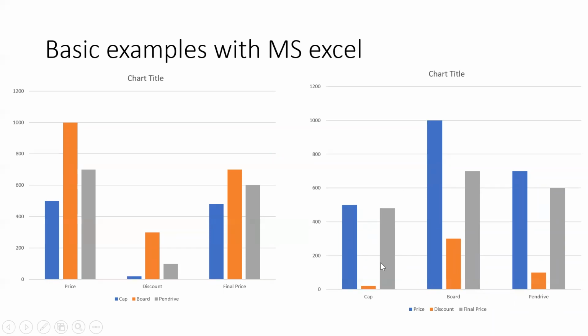This is the graph for price, this is cap, and this is the final price. So we can represent the same data, but which is more acceptable to the business user, we need to take that decision as well if we are working as a visualization engineer on top of data. Which dimension I'll be taking in this, and which one I'll be putting over here, that decision we need to take. If our business user tells us in a proper way, we need to maintain the same thing. Okay.